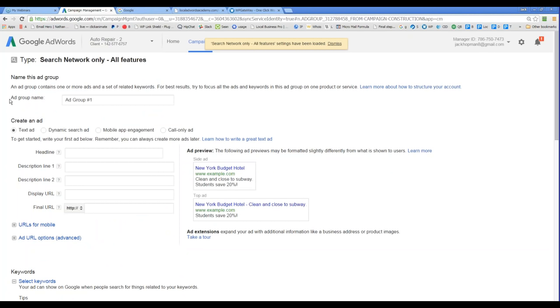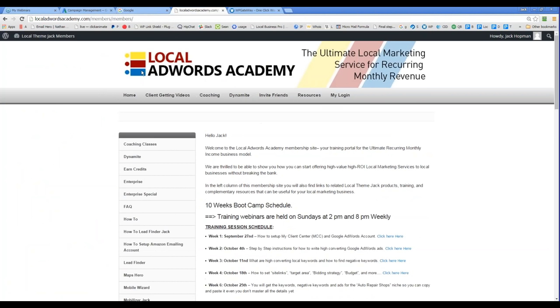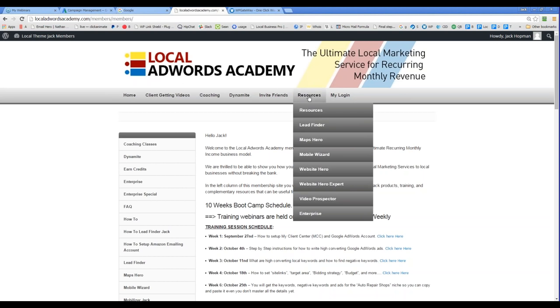Now I'm in the ad group name. So within the campaigns, I can have different ad groups. And now I have a surprise for you. When you go to the membership site, you log into the local AdWords Academy. There is a tab called resources.